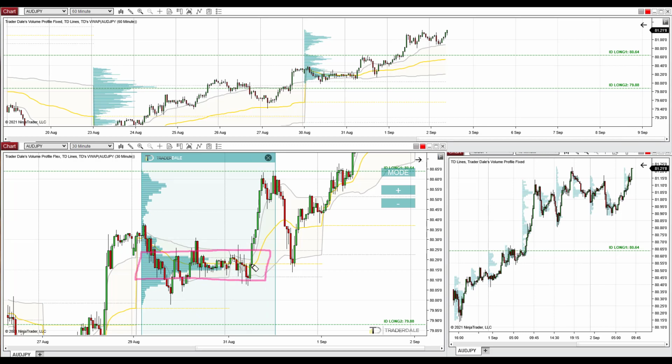Those volumes traded before this strong buying activity. Then there was a pullback back to the heavy volume area. This is the place where the volumes are the heaviest, and beautiful reaction. This is the sort of thing which we want to see